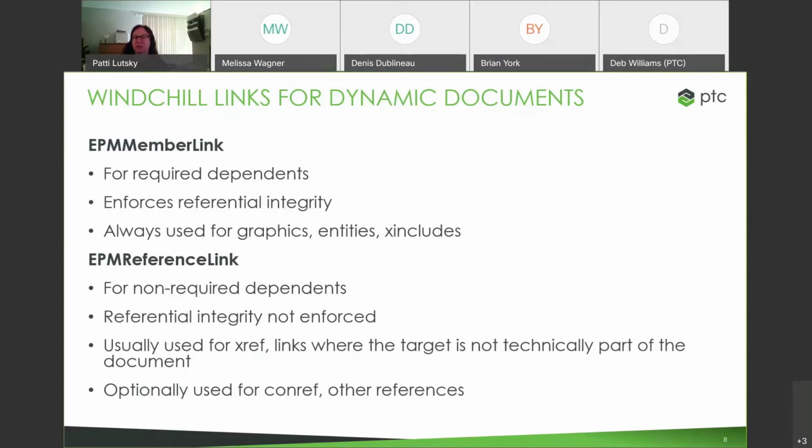So that's what's called referential integrity in Windchill. If you're using a member link, you're not allowed to delete the child as long as it's still being used by a parent. So the member link will enforce the referential integrity. And when you're using Arbortext Editor, we'll always create member links for graphics, for entities, or for X-includes. Because again, if you've got an X-include to something like a caution or a warning,